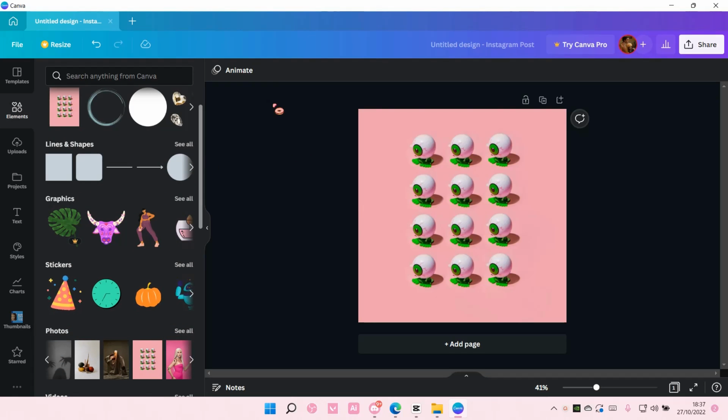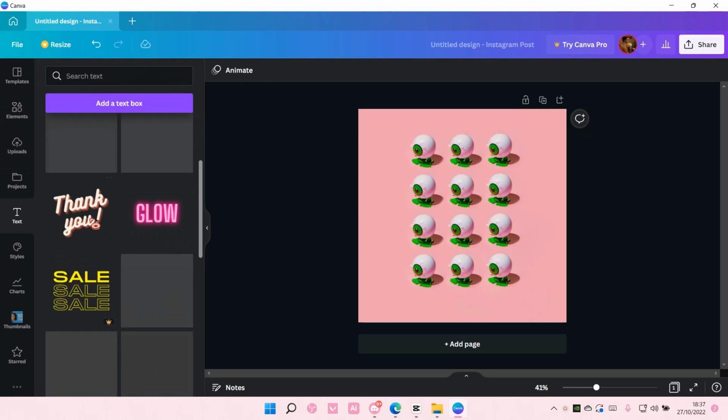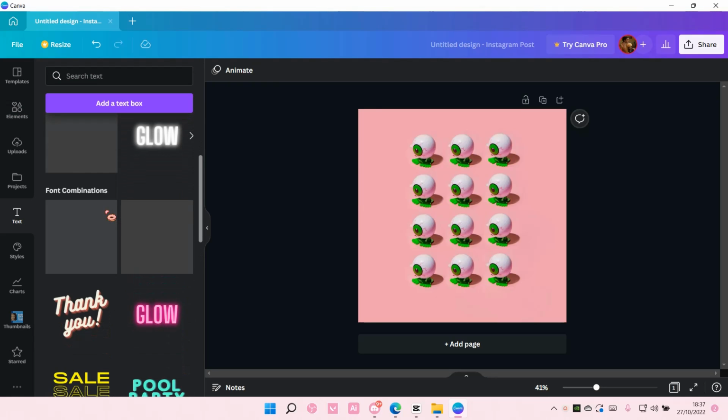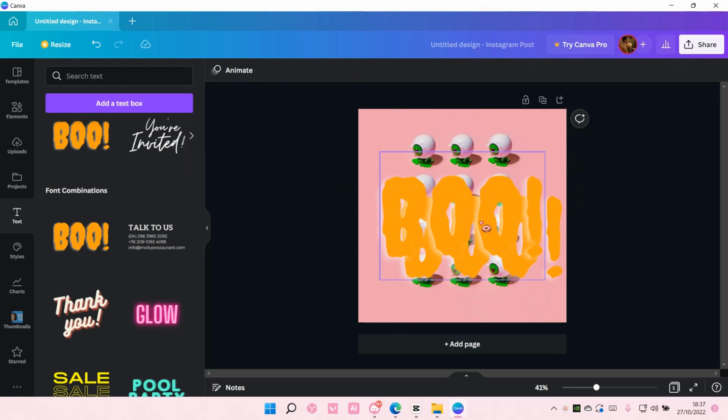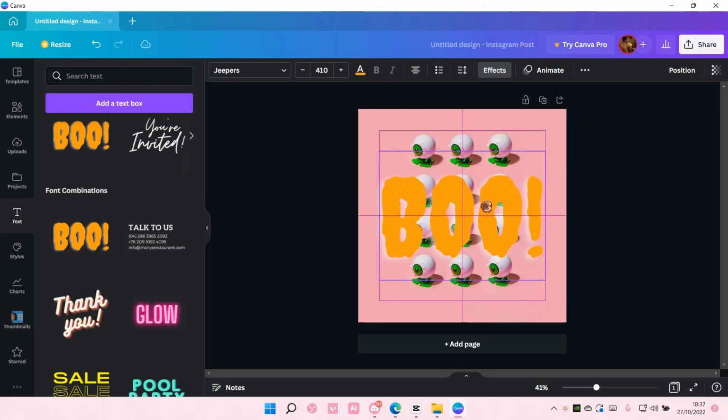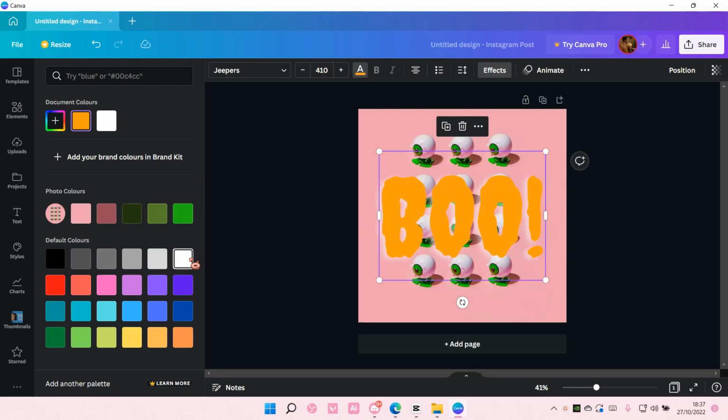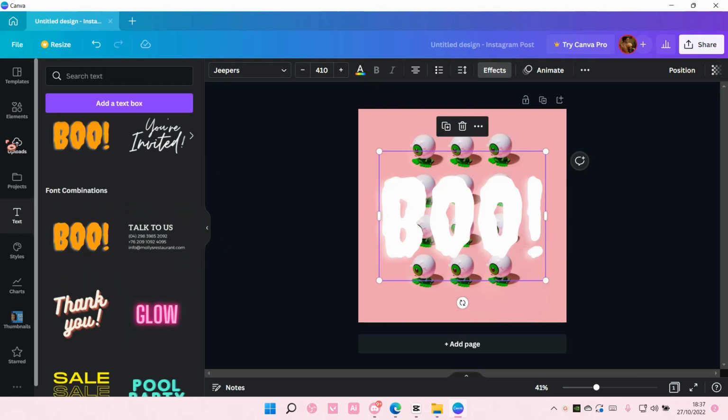In this video I'll be showing you guys how you can add a link to a shape or even text in Canva. So I'm just going to grab this text here, and then I'm just going to choose a text, this one, and I'm just going to wait for it to load. I'm just going to add it, and I'm just going to change the